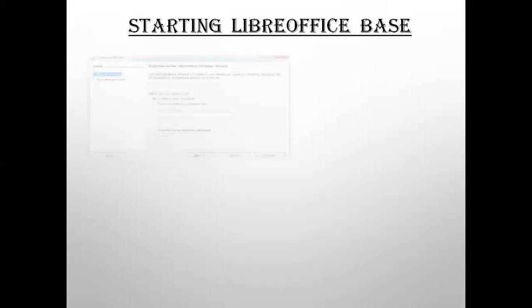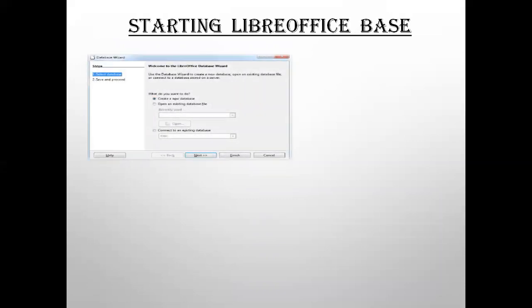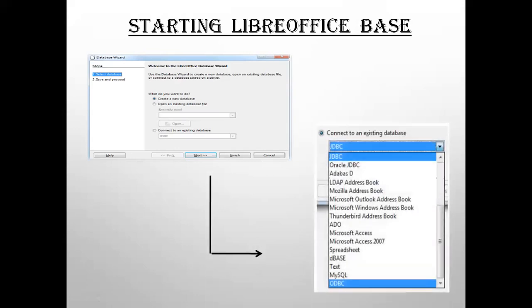If you have selected the connect to existing database option, you would have been presented with a list box. This comes later. I have enlarged and shown you this option, connect to an existing database, and if you click on this, you get a drop down with a wide variety of database types.